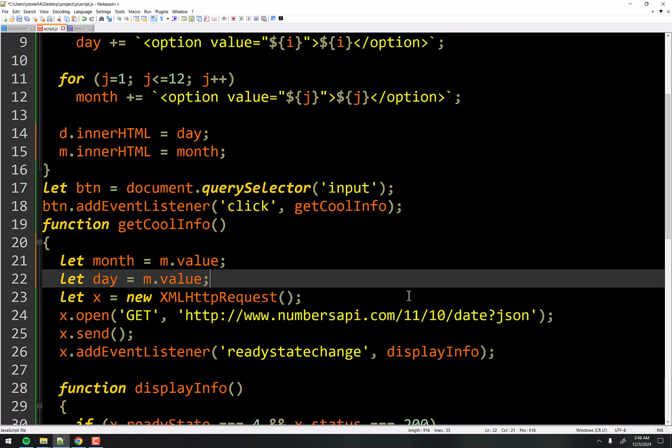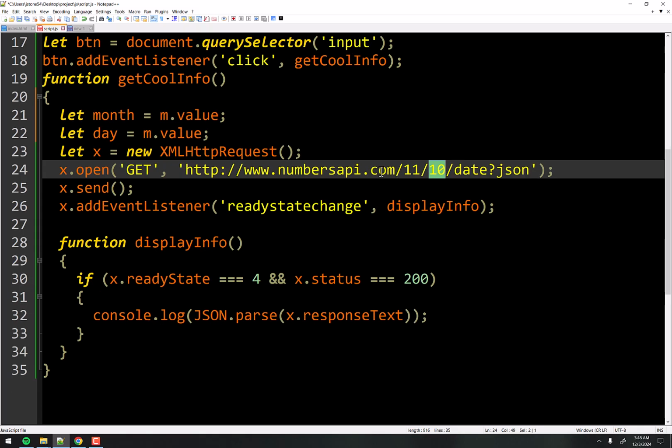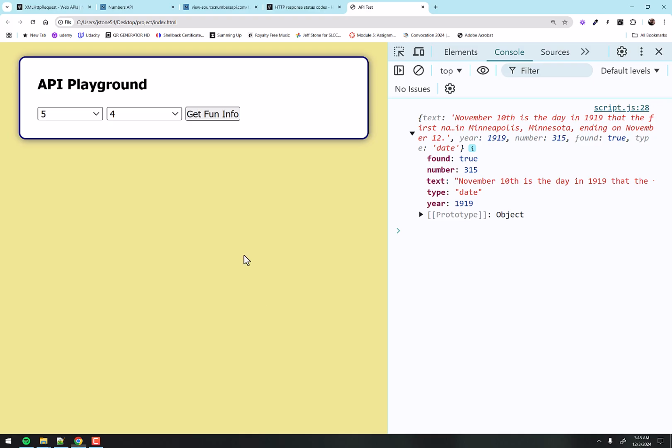So now if I put month here and day here, we now have a dynamic value that will be sent in the URL, right? And since we didn't use backticks, let's use backticks, and we will do $, and this is the month, and $, and this is the day. So now whatever day we click should send off to the API call.